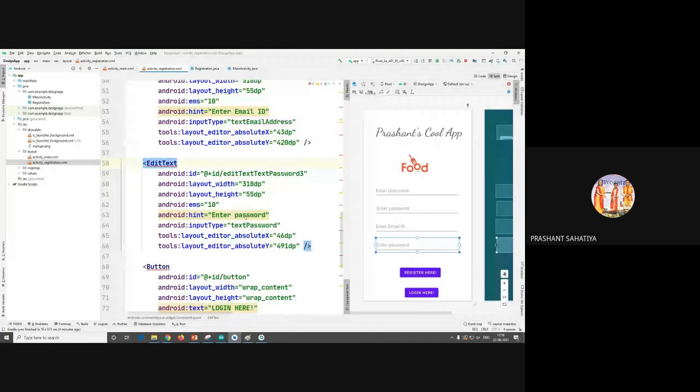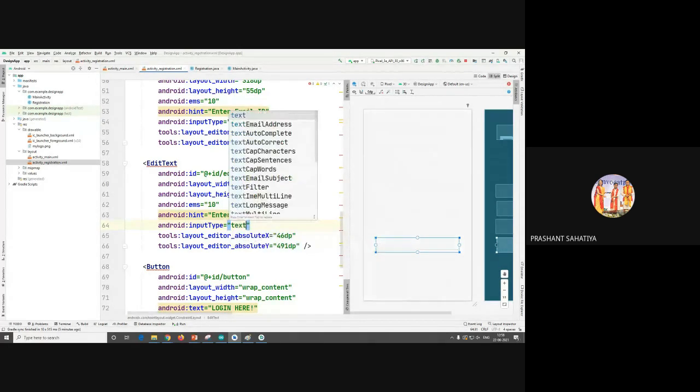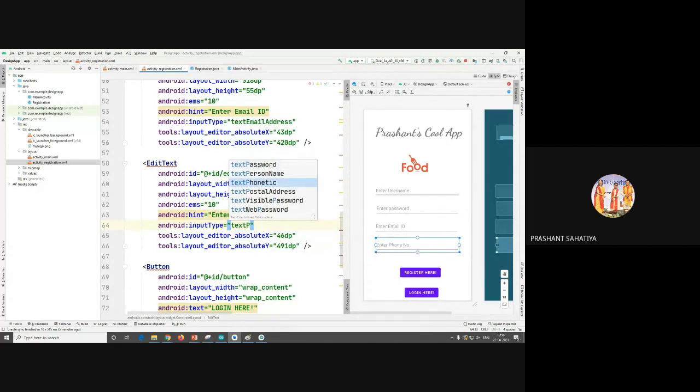And the final one, it is enter contact number or phone number. Okay, and this input type should be number. Now why I'm specifying that, because once you click on that portion, it will open the numeric keypad. It should not open the characters, because obviously in numbers what will characters do. So it is text, phone, or I need to see.